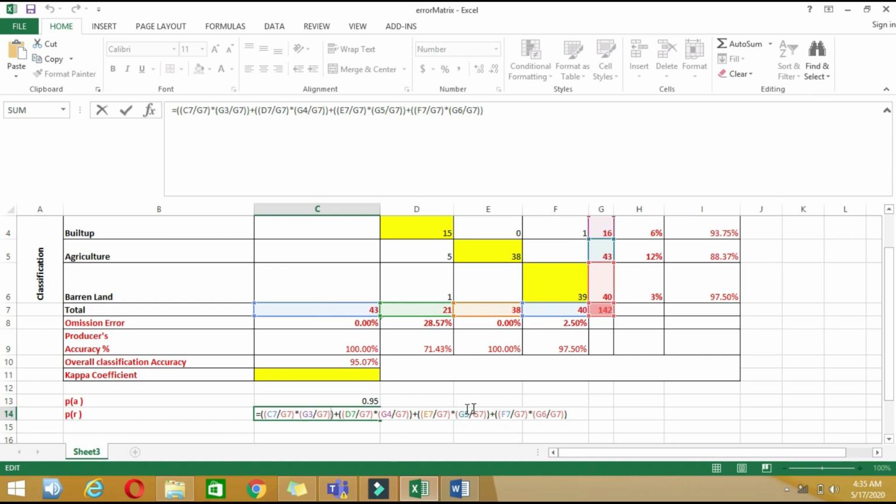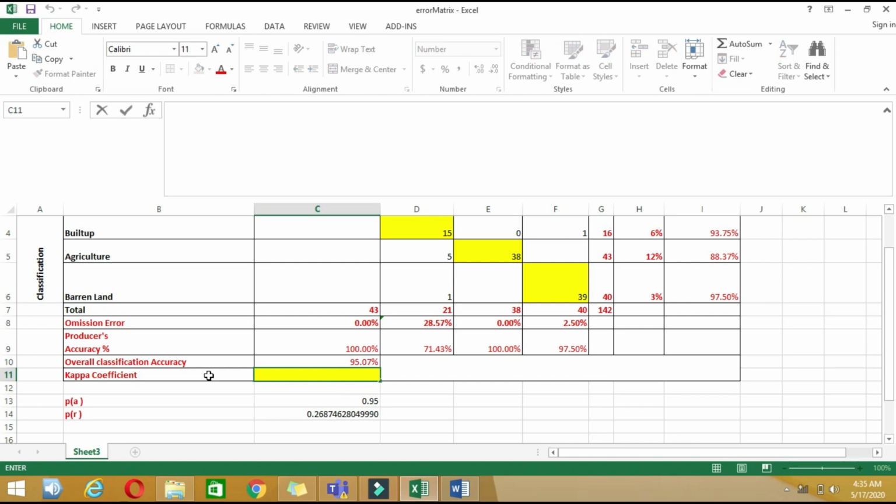Now once we have calculated this, we need to calculate the kappa coefficient, and the kappa coefficient is basically equal to PA minus PR divided by 1 minus PR.